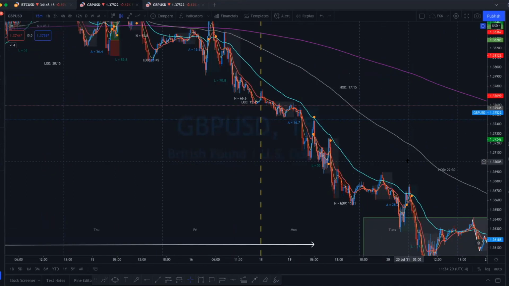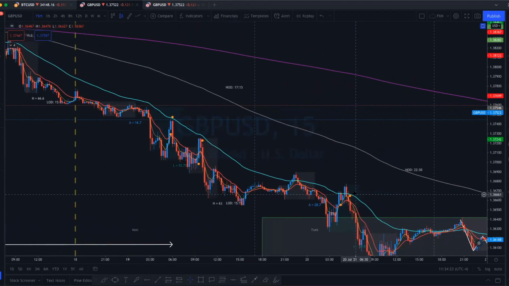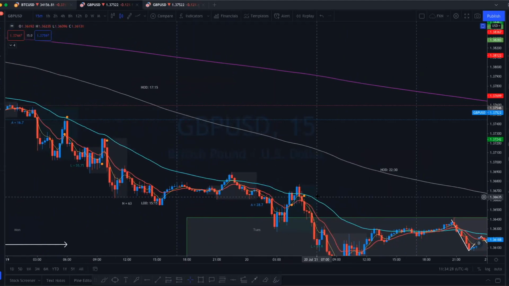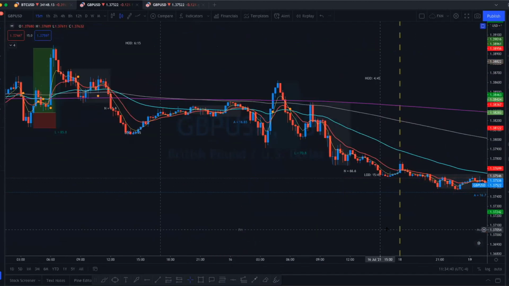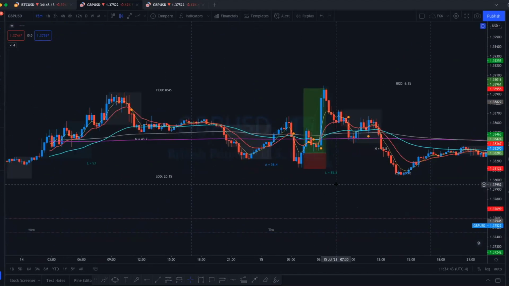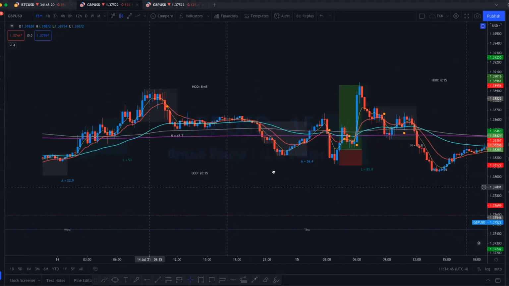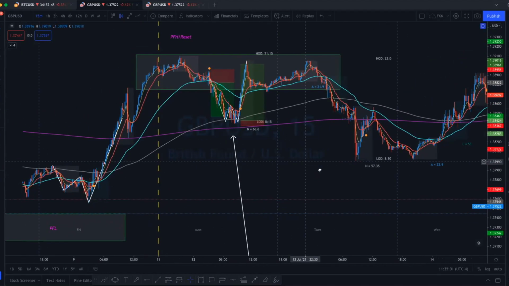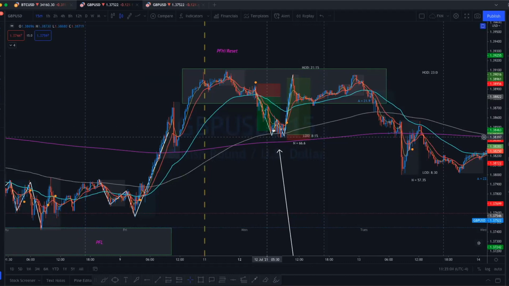So key factors of the EMAs. On type 3 setups, you want to have a pin of the 50. Like for me, I don't take a type 3 setup that doesn't pin to the 50. On type 1 setups, you're not always going to get a pin to the 200, because clearly sometimes the EMAs are not going to be there to help you pin. But you see that there's going to be times right here where they are going to help you pin